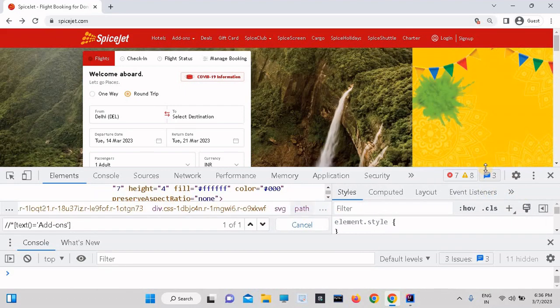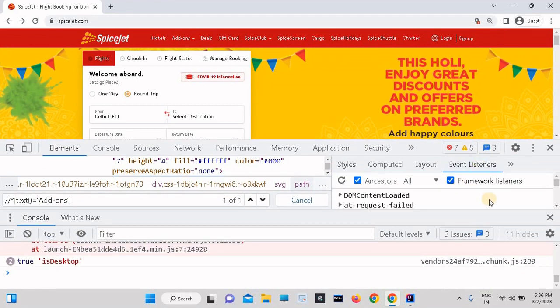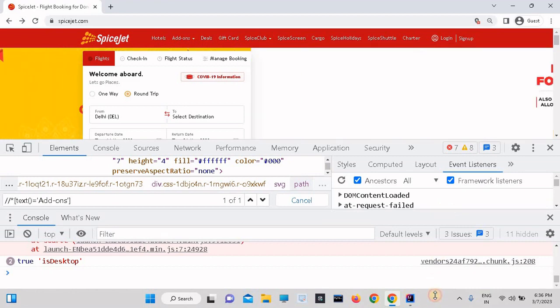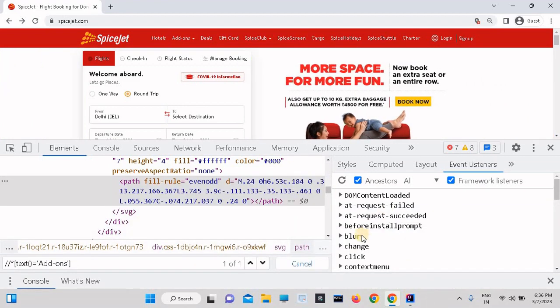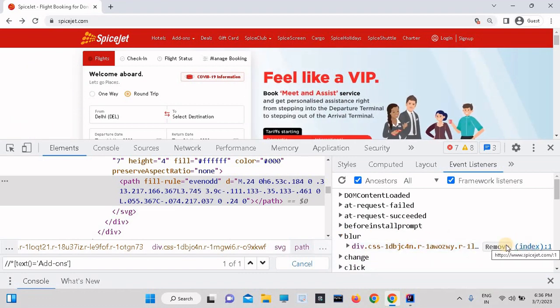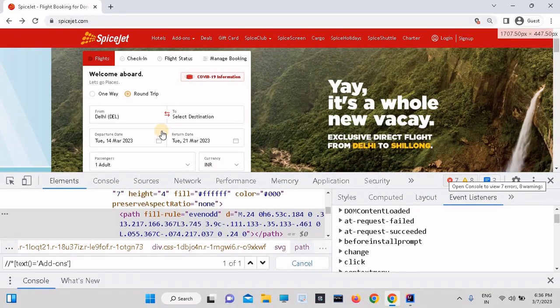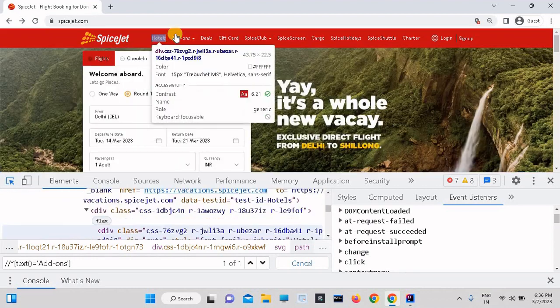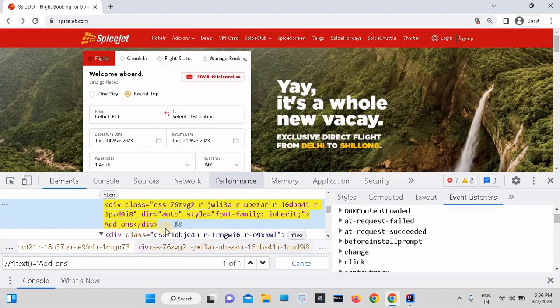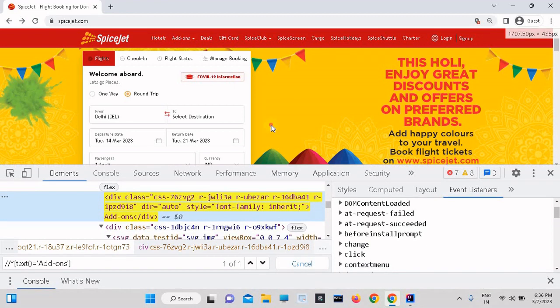This is one event list here. Click on this. If you see here, there is one drop down list. See this one, blur. Simply remove this, remove and remove this one. After that, simply take the XPath of this Add-ons. If you see here carefully,